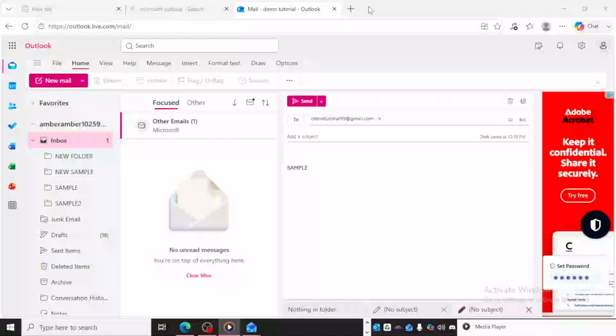In today's video, I'm going to teach you how to customize the ribbon in Outlook. If you want Outlook to feel more organized and better suited to the way you work, customizing the ribbon is a great place to start. The ribbon is the area at the top of Outlook where you see tabs and commands, and adjusting it can help you keep the tools you use most within easy reach.